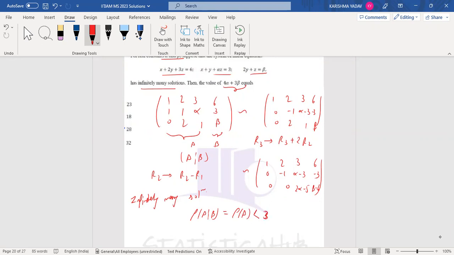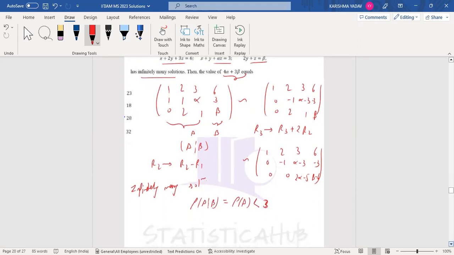So that has to be less than 3. And we know that for this, 2 alpha minus 5 has to be equal to 0, and beta minus 6 has to be equal to 0, by applying the infinitely many solutions tactic. So we got 2 alpha equals 5, that is alpha equals 5 by 2, and beta equals